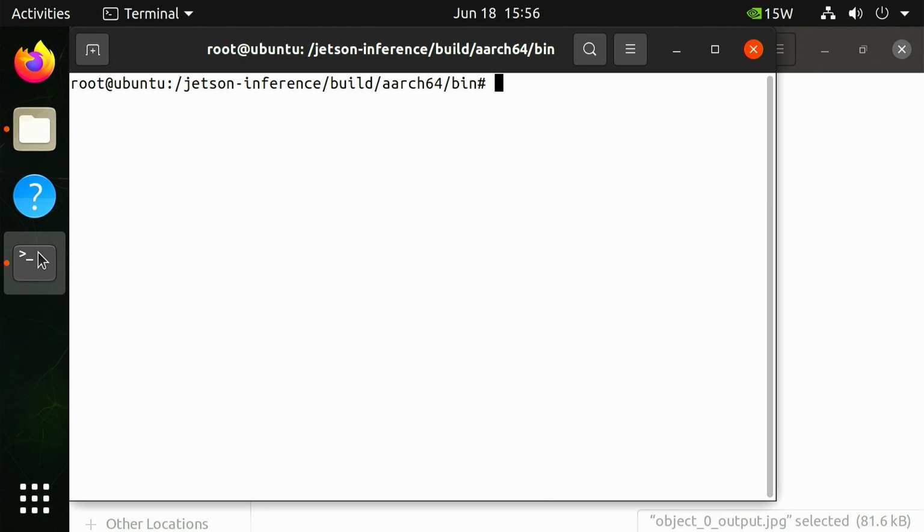In a terminal window running the Jetson Inference Docker container and with the current directory set to the Jetson Inference build aarch64 bin directory, let's run imagenet.py. But instead of classifying an image file, this time we're going to classify a real-time camera feed. To do so, we're going to launch the imagenet.py program, this time passing a new argument specifying the camera we are using. For this demonstration, we are using a MIPI CSI camera, and thus we'll pass